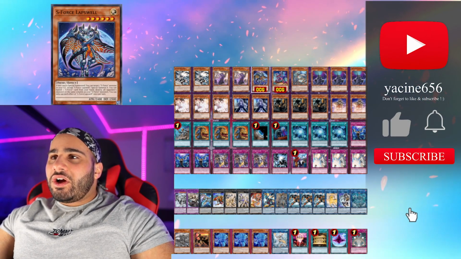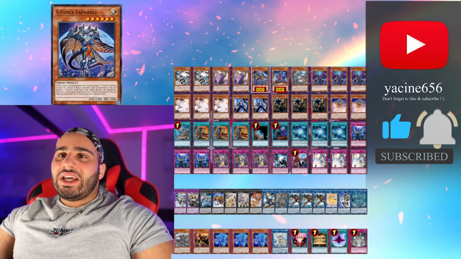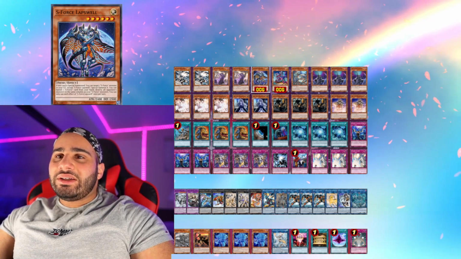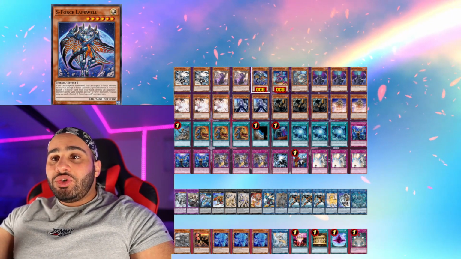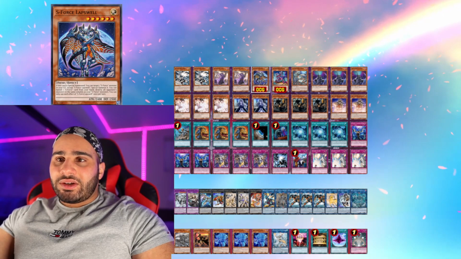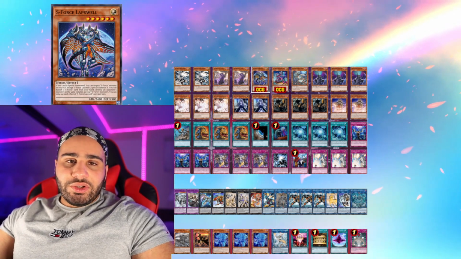So these two new cards are actually brand new for the game. We don't even have them in the TCG yet. Basically, this one is S-Force Lapswell. If this card is special summoned, you can target one S-Force monster in your graveyard, except itself, and special summon it. You can banish one S-Force card from your hand, that's the cost. Destroy all opponent's monsters in the same column as your S-Force monsters, and you can only use each effect once